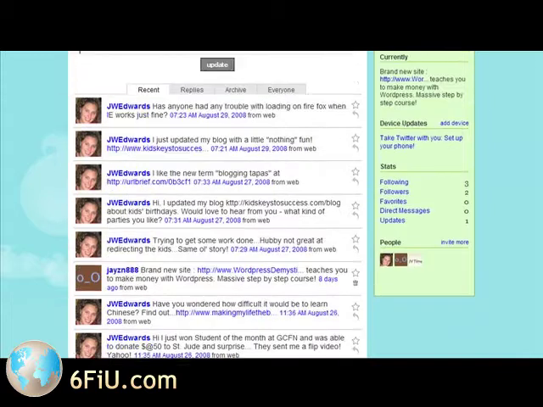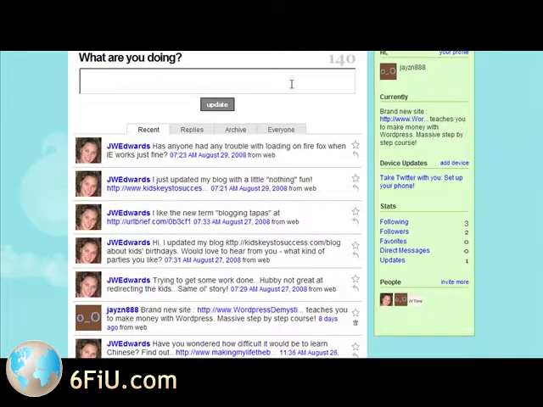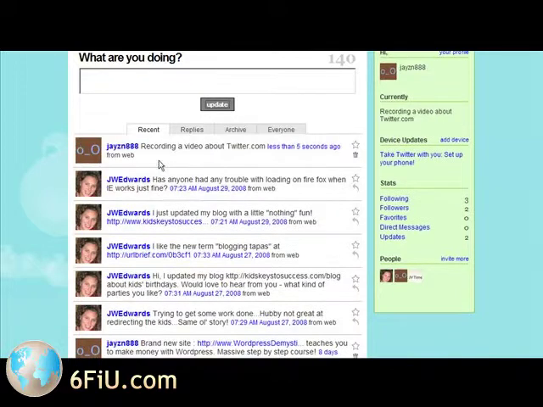So basically, looking at these, what's this all about? So what am I doing? Let's put in recording a video about Twitter.com. Okay, and I click update, and it'll come up here. So what this actually does, you see, is this allows you to share information about what you're doing. So I can actually put in links to blogs, to websites, to pages, and I can use this to promote